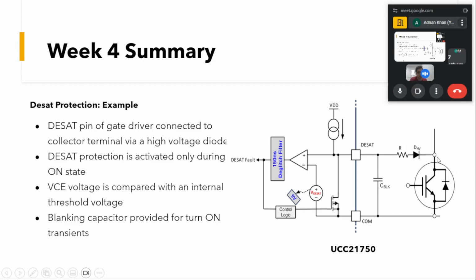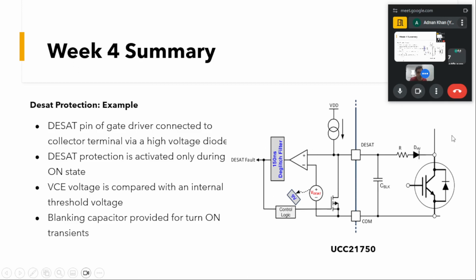This VCE voltage drop is compared with the VDSAT threshold voltage, and if VCE is greater than VDSAT, then our DSAT